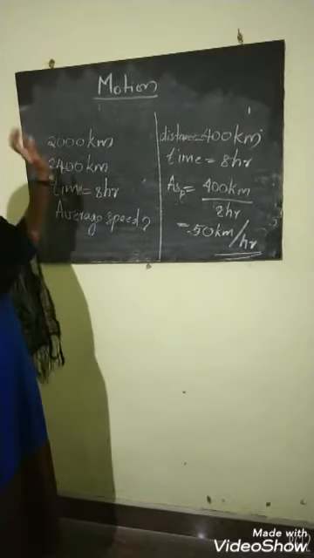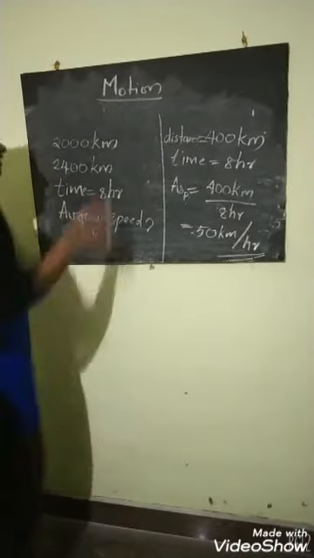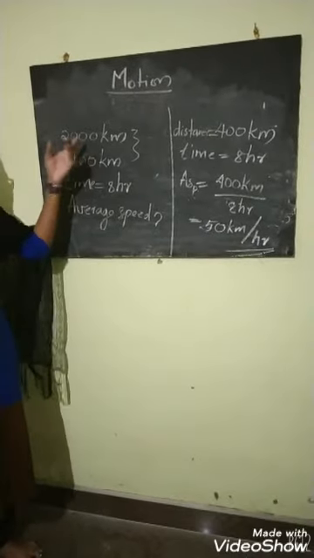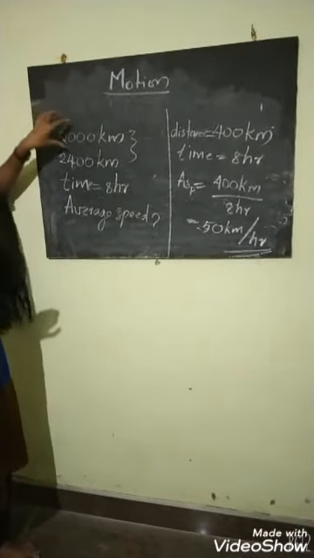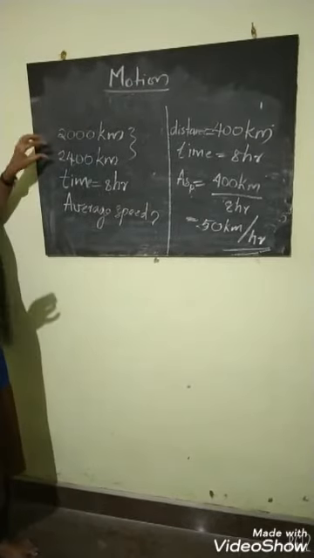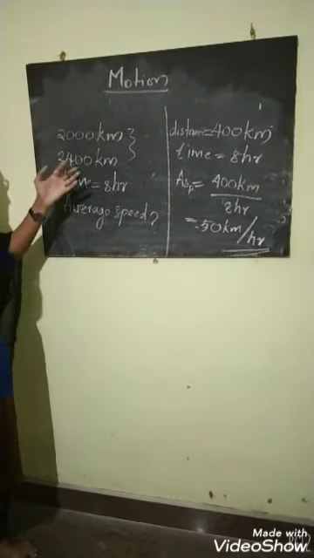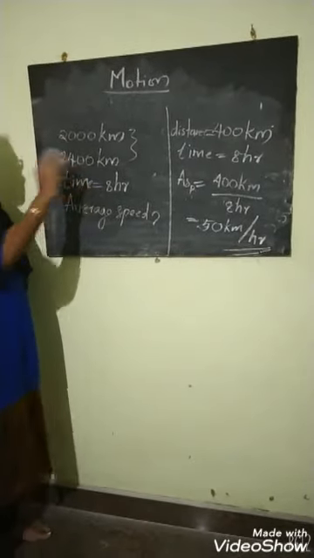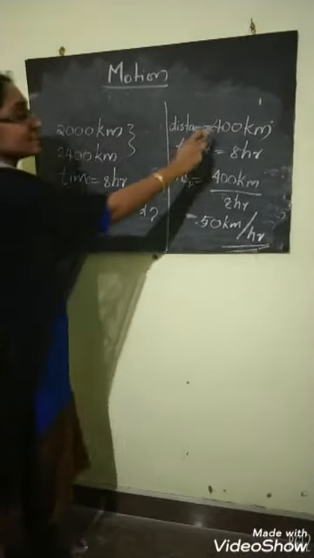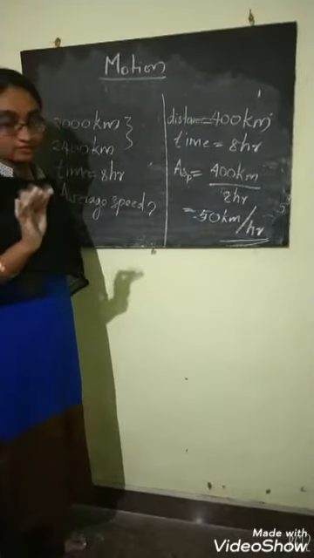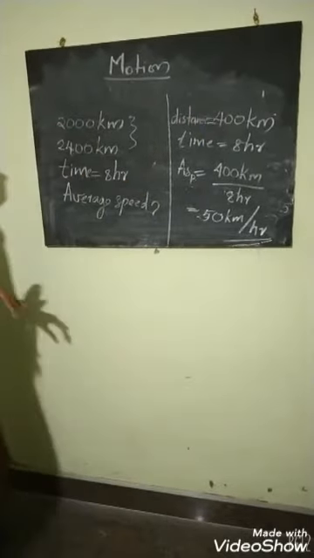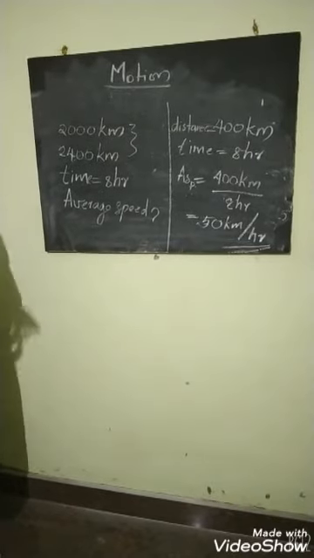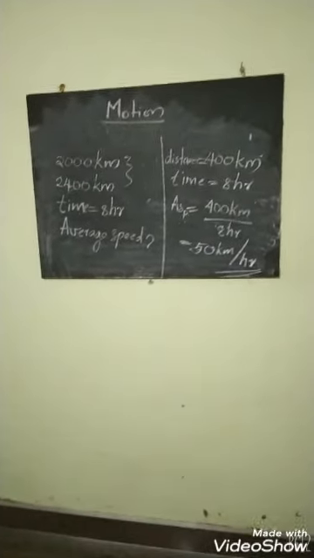So this is the next problem, and the different thing in this problem is that we just find the difference of the odometer values. This is the starting point value in odometer, and this is the final reading. So we subtracted the odometer readings and found the distance travelled by that vehicle. And further things are similar to what we did in our last class. I think this problem is clear for you. Now we are going to the next topic.